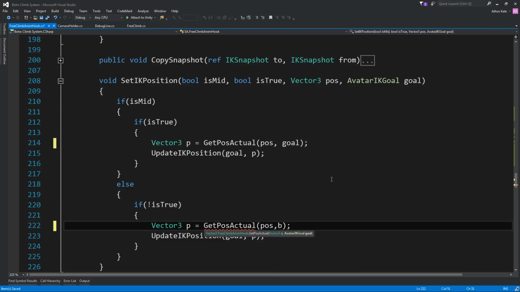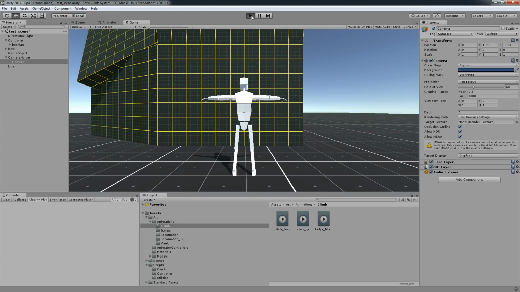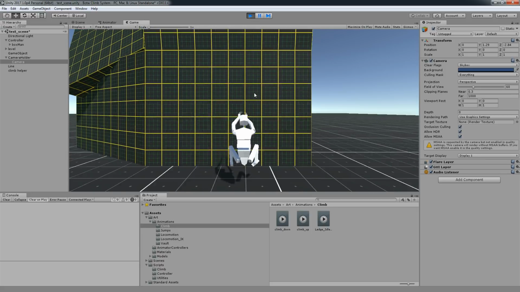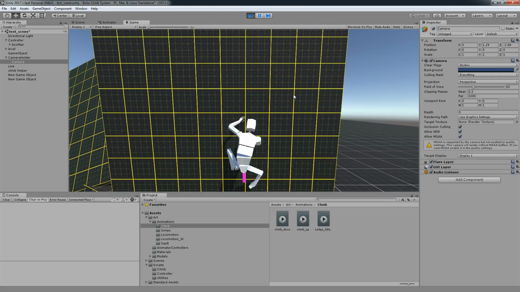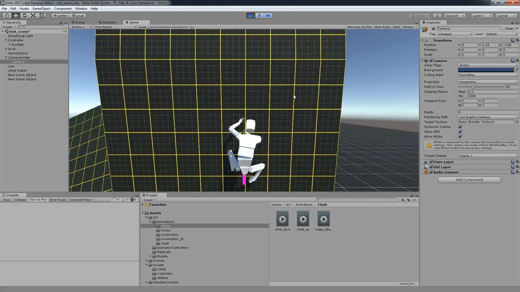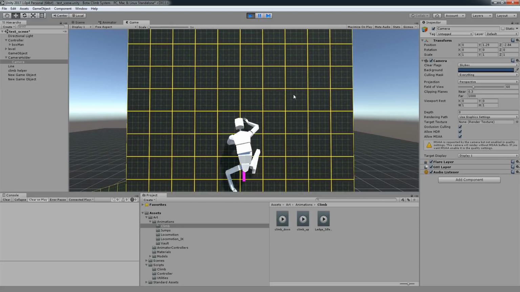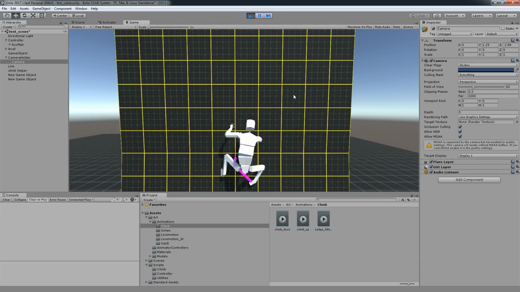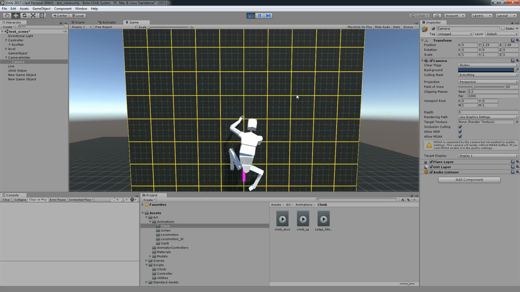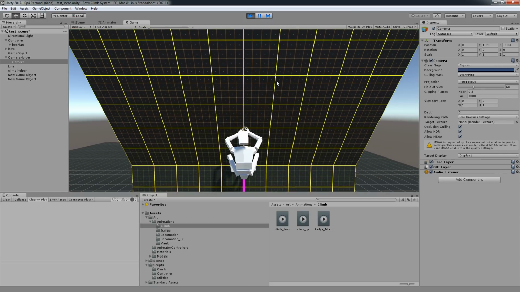Same with this. Let's test this. Okay, as you can see, it's not bad at all. It just needs a lot of polishing at this moment. Nothing really else. And just finding new cases for this.